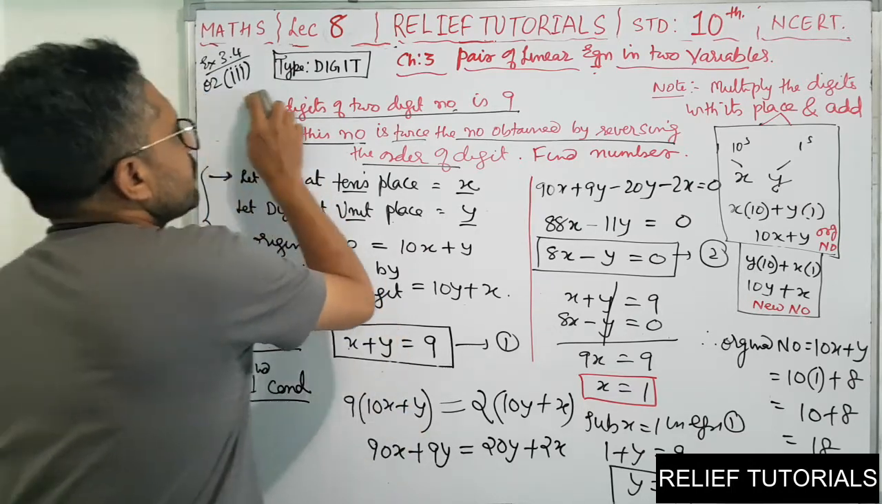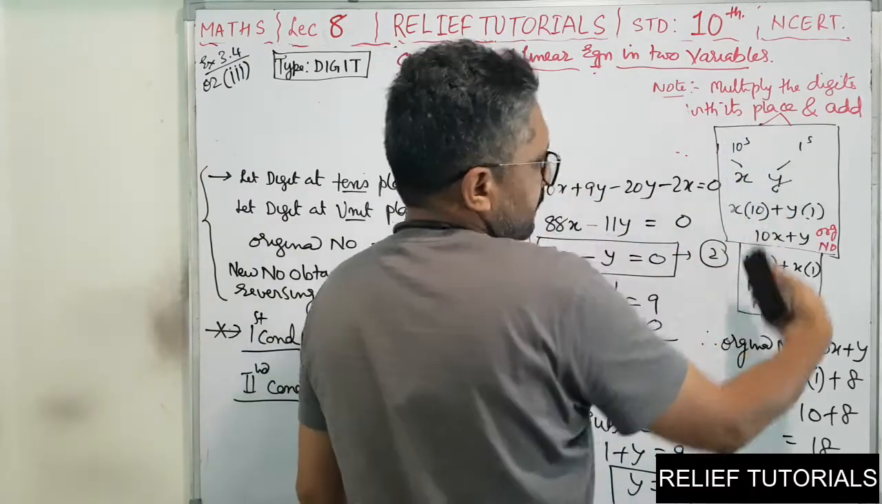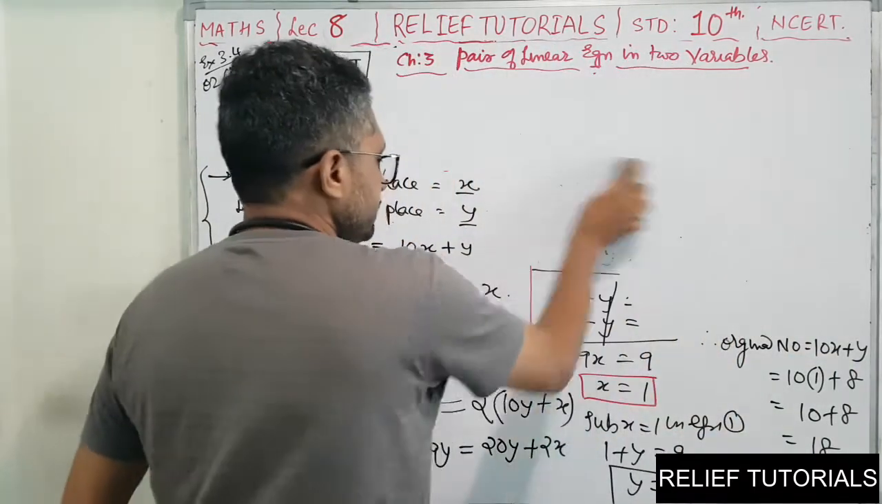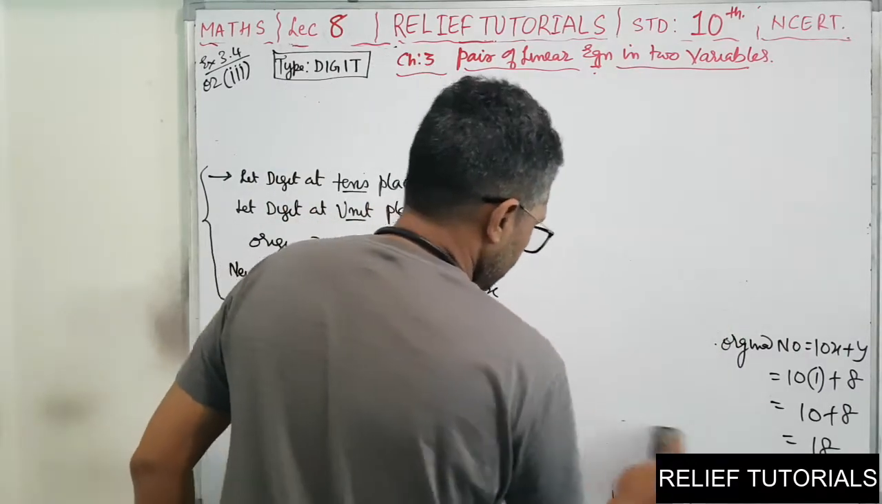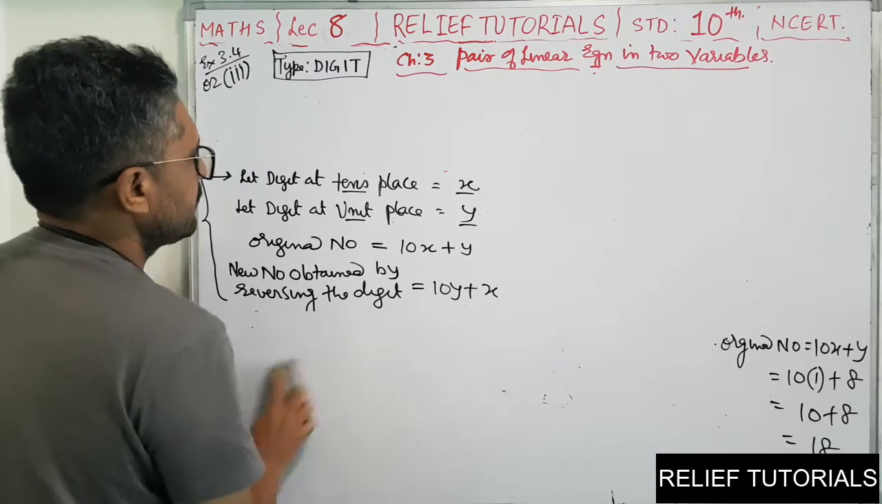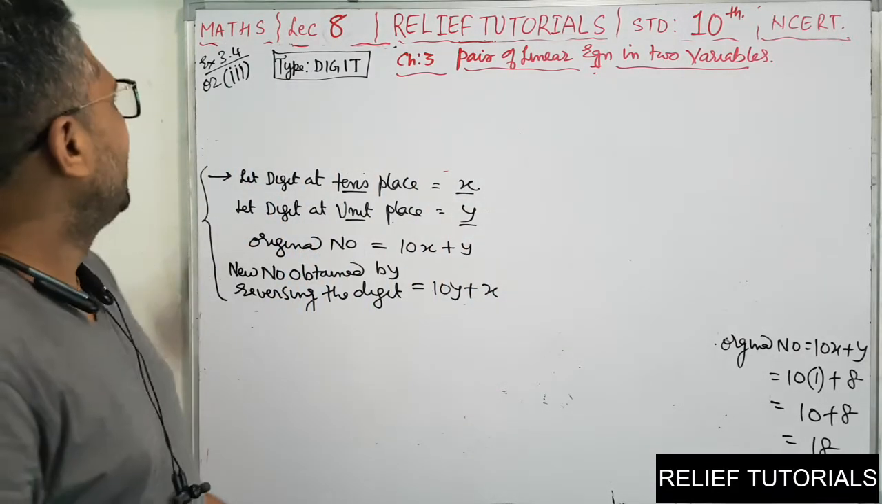Come, I am going to rub this. Now I am going to rub this too. This fourth step is a must. Now we'll do